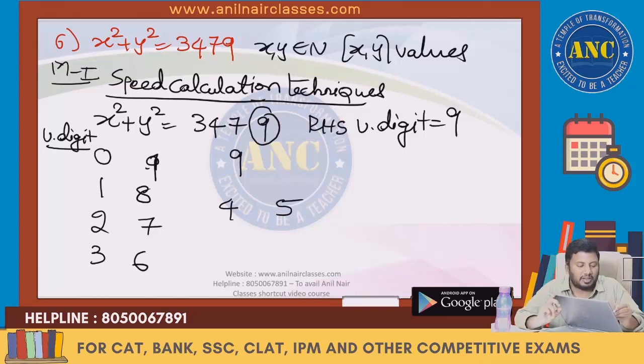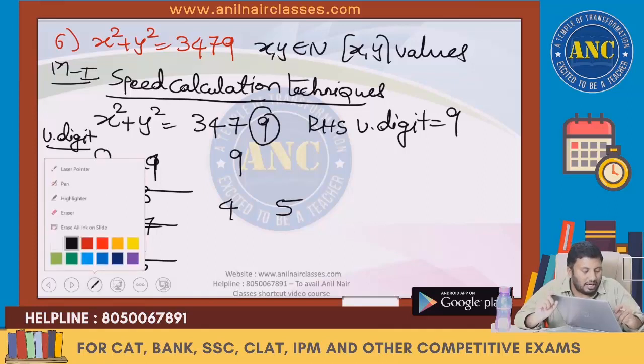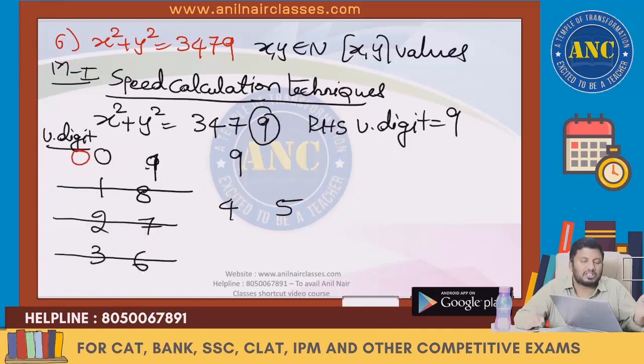x square and y square are perfect squares. y square cannot end with 8. A perfect square cannot end with 2 or 7. Now see here, any perfect square ending with 0, the tens place is also 0. A perfect square ends with an even number of zeros. A perfect square ending with 9, the tens place is even.